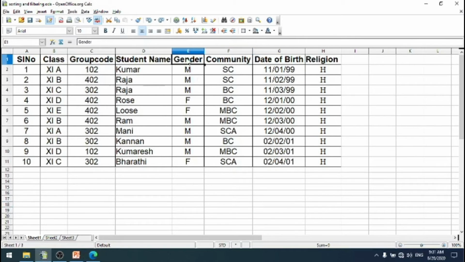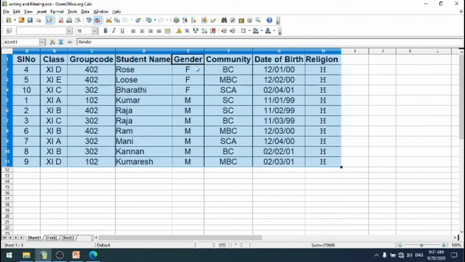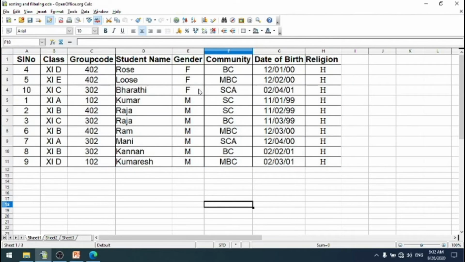You select any one of the column headings first. Now we are going to study simple sorting. So you select any one of the column headings, then go for the sorting tool available on the toolbar. A to Z: suppose you want to arrange the records in alphabetical order A to Z, then click this. Now it is arranged. The records are sorted. This is called simple sorting.